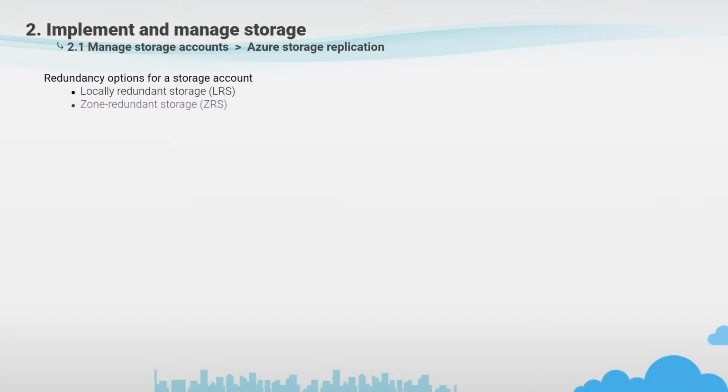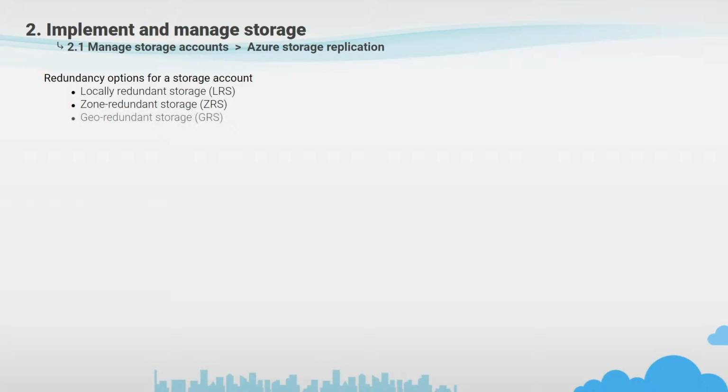If we are talking about zone redundant storage, your data is replicated synchronously across 3 Azure availability zones in the primary region. This means that you have 9 copies of your data, 3 per zone. Each availability zone is a separate physical location with independent power, cooling, and networking. You can use zone redundant storage as a primary region for scenarios that require consistency, durability, and high availability because it has low latency and resiliency for your data if it becomes temporarily